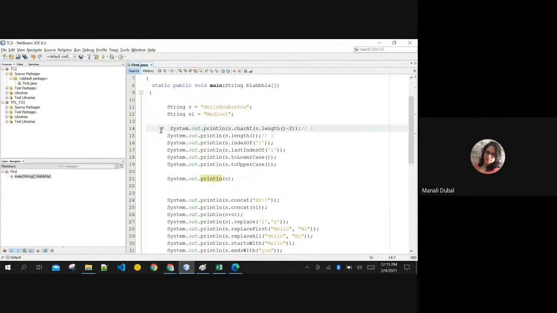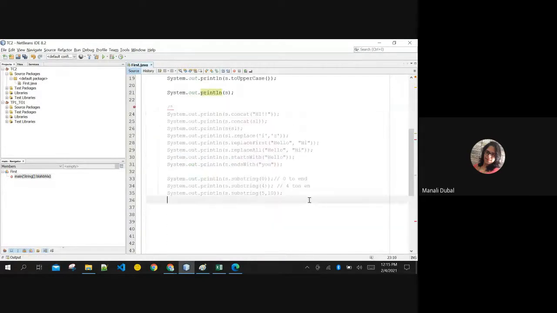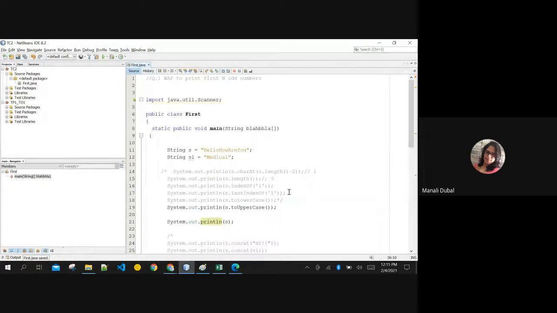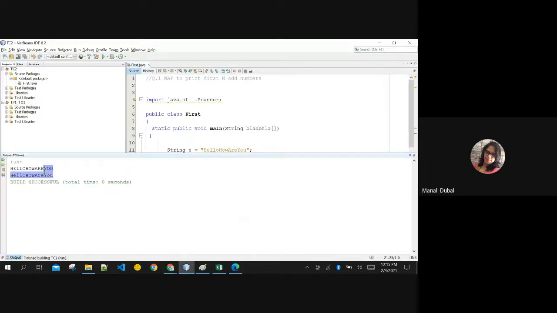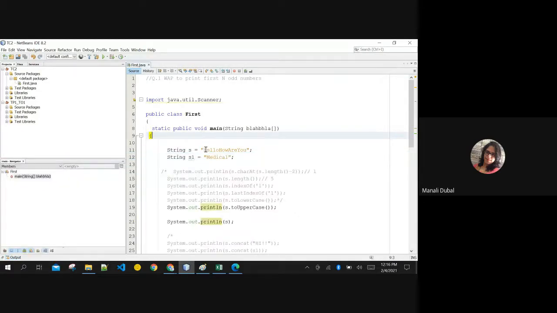Okay, I'll just comment out this one. I'm commenting this one for now. Okay, I'm commenting this one also for now. Okay, we are only converting a very simple function. I'm converting S to uppercase. Okay, it should print the uppercase value, right? It prints the uppercase value, very good. But it is still showing the old original value. See, did it change the value?